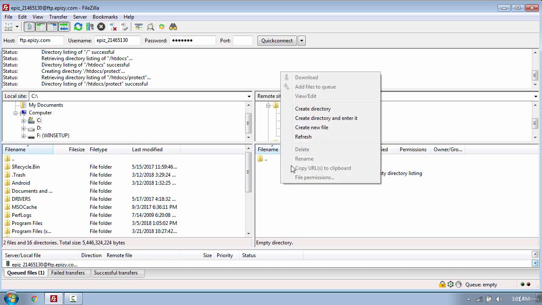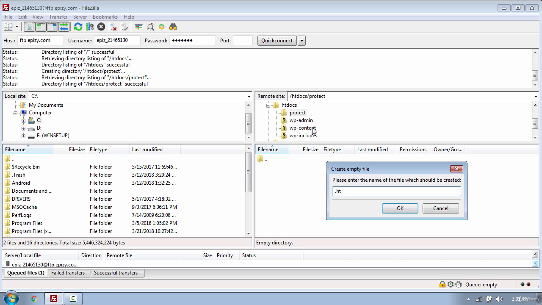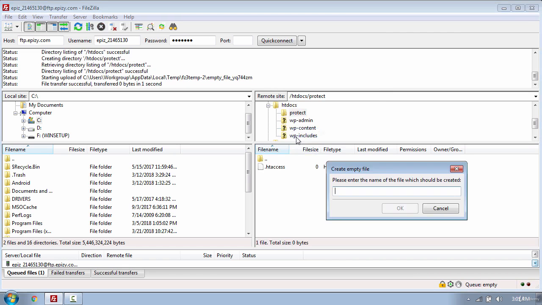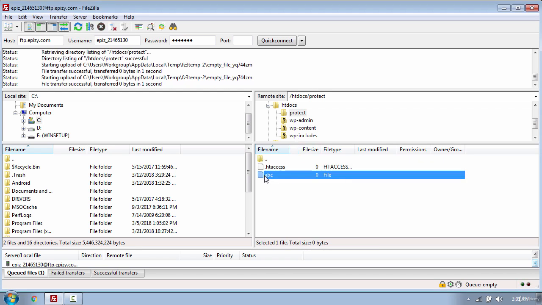So I will create a new file called .htaccess. The dot means that it's a hidden file, and click OK. Once done with that, I will create another file called ABC. This ABC file will be used to store the username and the password,